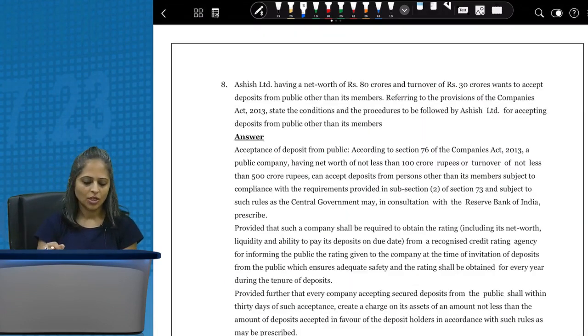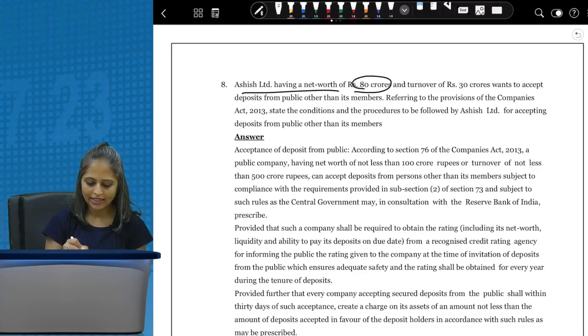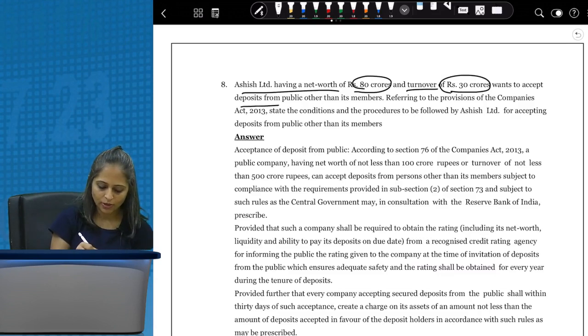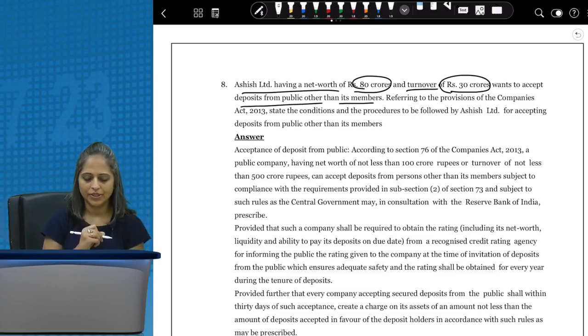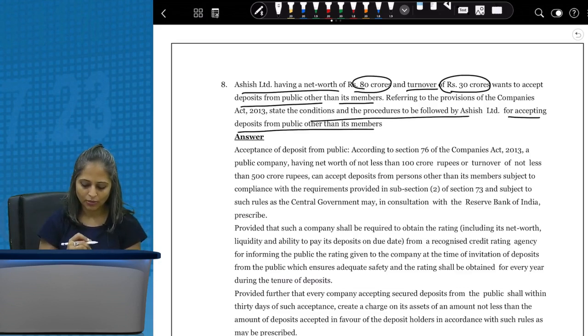Question number 8. Ashish Limited, having a net worth of rupees 80 crores and turnover of rupees 30 crores, wants to accept deposits from the public other than its members. Referring to the provisions of the Companies Act, state the conditions and the procedures to be followed by Ashish Limited for accepting deposits from its members. Now,